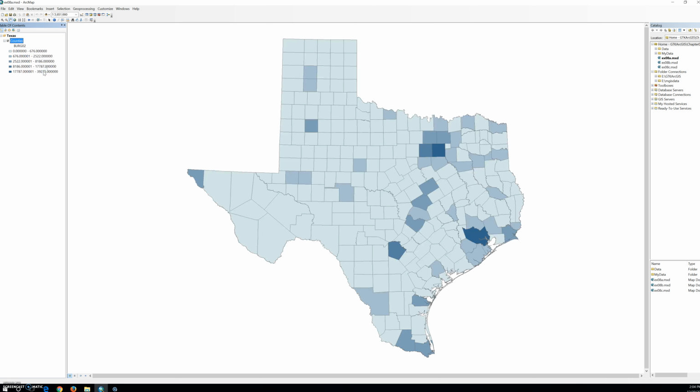Now we can see the graduated color symbol is applied to the map, and the table of contents is updated to show the values represented by each color. The light colors represent fewer burglaries, and the dark colors represent more burglaries. This may be useful to crime analysts who want to quickly see where the most